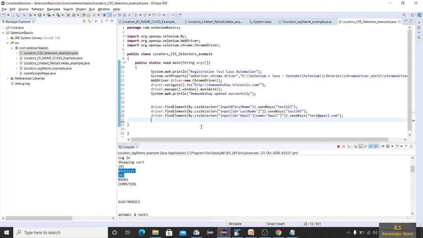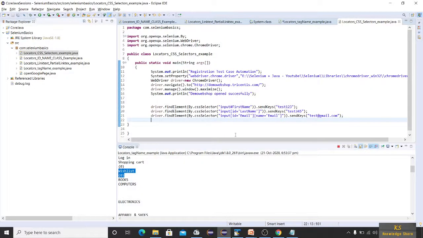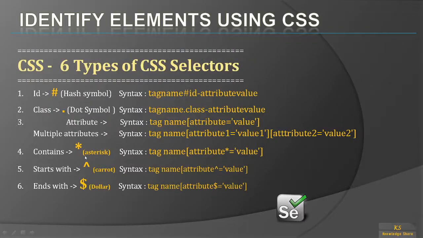Okay, so next, multiple attributes. You now know how to use single attribute and multiple attributes as well. Now we can see one more example with the symbols. You have seen the asterisk symbol, caret symbol and dollar symbol. This is a very simple syntax.